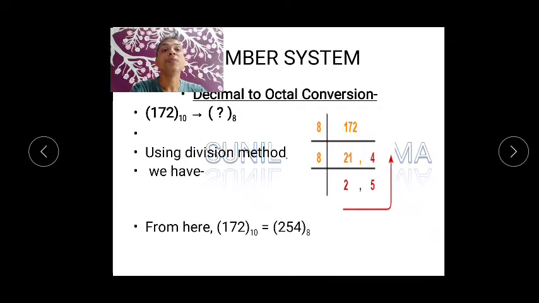Now we have taken one more example, 172, that is a decimal number you want to change to octal. So can you see 172 is divided by 8, so this is your quotient and this is your remainder. Now 8 2s are 16, 21 minus 16, so this is your remainder. We are interested in the remainder part, and those who have seen my first session will easily understand this, and you have to move from bottom to top.